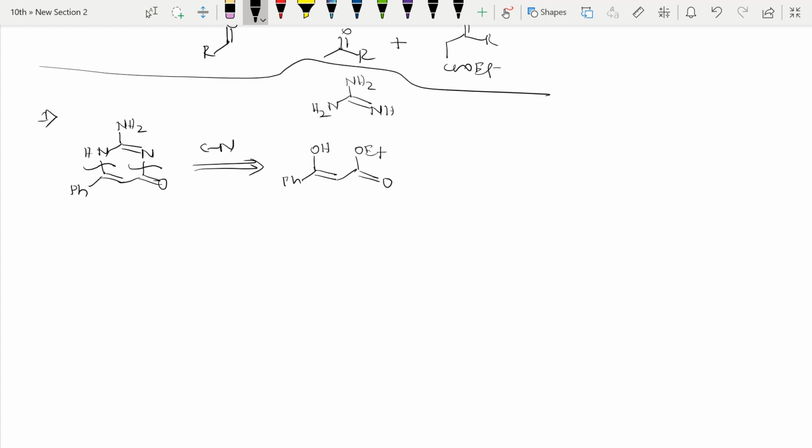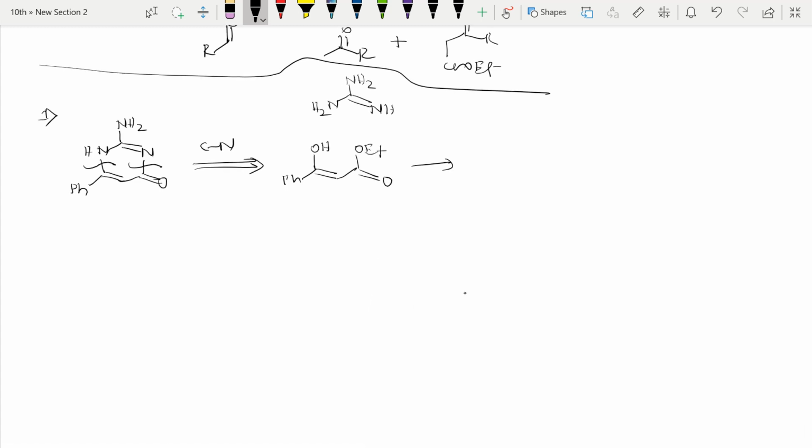I hope you are getting it, right? So further, this one can be rearranged like this here. This is nothing but an enol. En means double bond, this is the double bond. Let me show it with the red marker. See, this is en, ol means alcohol group, OH group, right? So enol, right? So what will it do? It will do tautomerism like this. That H will attack this negative charge, and we get this product, which I am going to write now.